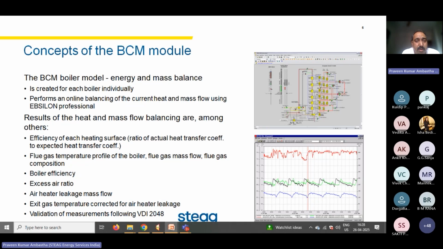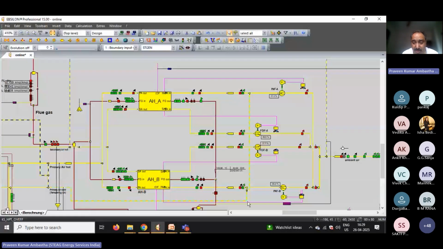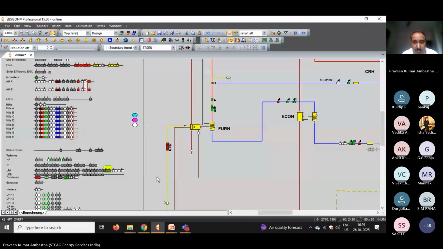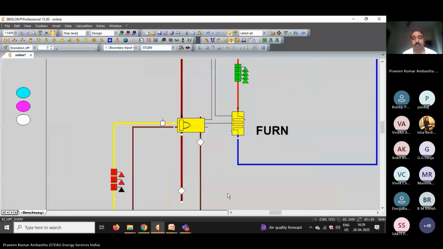So we use the digital twin that you can see on the right side. That is the epsilon model from which we calculate the heat transfer coefficient, and then how the efficiency of the heating surface is calculated. I will just show you a small thing. This is my digital twin. This is my furnace. So if I double click it,